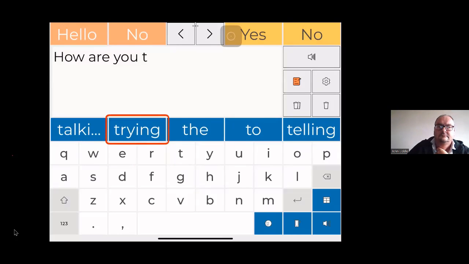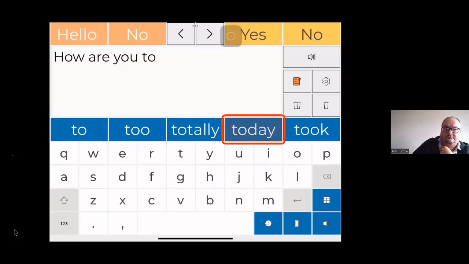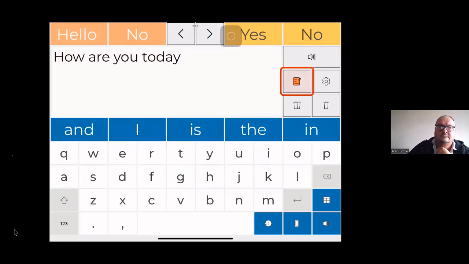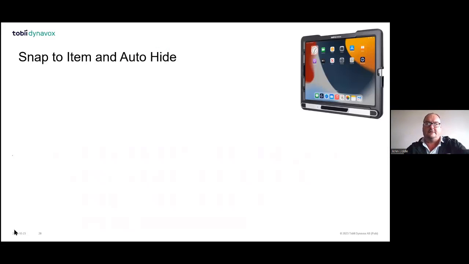Hopefully you've been able to see that the difference between iOS 16 eye tracking and iOS 17 eye tracking is like night and day. How are you today? Okay, you've got the real me back now. So hopefully you could see